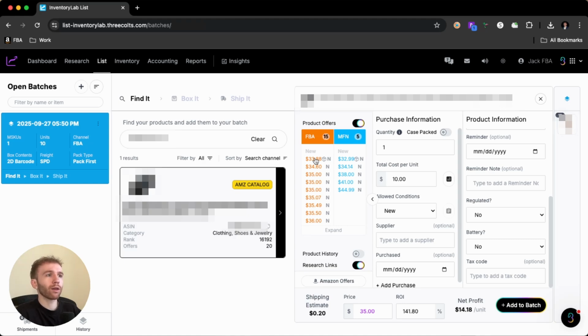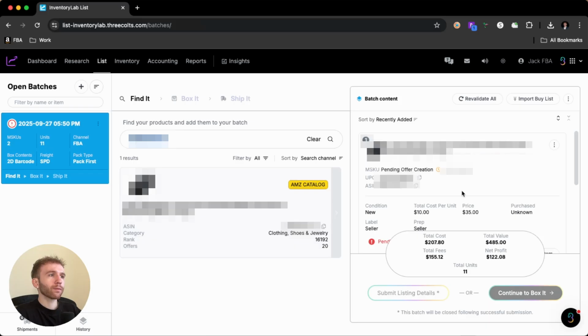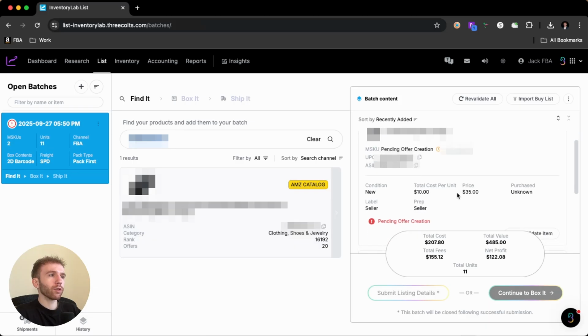Are they on back order? All that kind of stuff. So you want to be able to prevent that as much as you can by throwing it up a little bit higher, and then your repricer will take care of it once it actually checks in and it's ready to go there. So when you click on add to batch for this new product, it's going to show you right